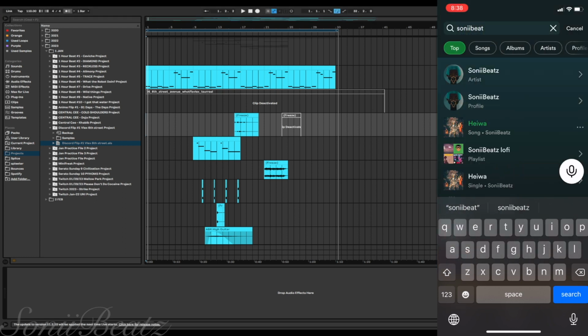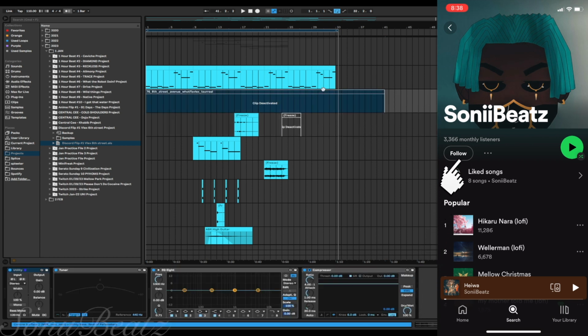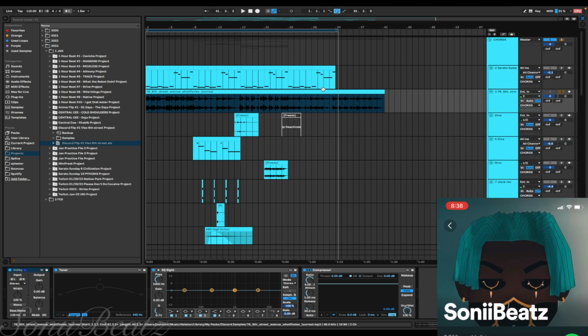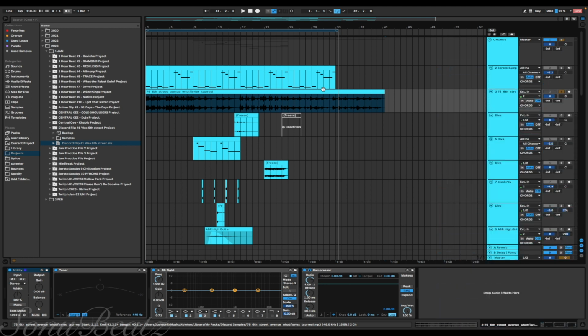Today I'm going to be doing a breakdown of Discord flip number 1. I called this Vlex 6th Street because that was the name of the sample. I just went on Kenny Beats Discord and looked for a random sample. I think I'm going to start making this a thing, so this will be the first one. I'm just going to go on random music producers' Discords, go into their sample section, and find something random to sample.